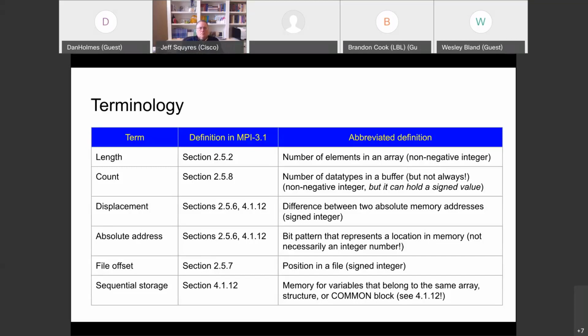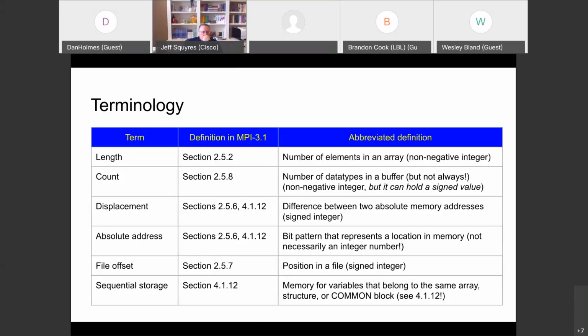Basically, in MPI, displacements are only really valid within sequential storage, and sequential storage means the memory that backs variables that are in the same array or the same structure in C, or the same common block in Fortran.